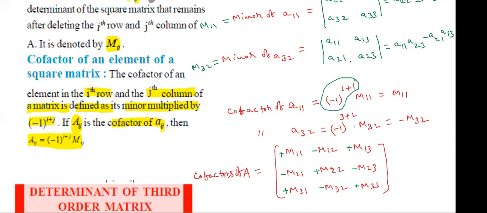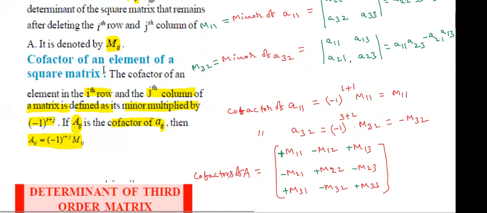That's why for the element A11, (minus 1) whole power 1 plus 1, that value should be positive. M11. M32, where is the 32 here? See, I have written negative. Observe that (minus 1) whole power 3 plus 2 is (minus 1) whole power 5. How much did we get? Minus or not? Students, did all of you understand how we get the symbols plus, minus, minus, plus like that? So we have discussed how to find the minor element and the cofactor of an element.